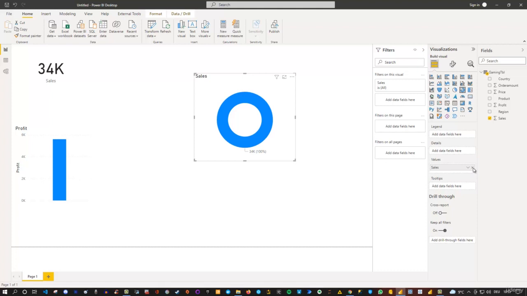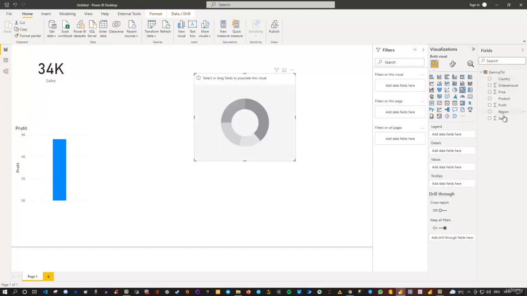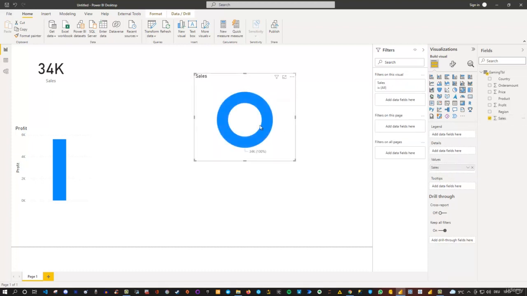However, let me just remove it one more time. I can also drag, of course, any field, like sales for instance, and drop it. So drag and drop into sales, and I get the same behavior. And then if I would say, okay, here I have my sales, and now I want to see this for